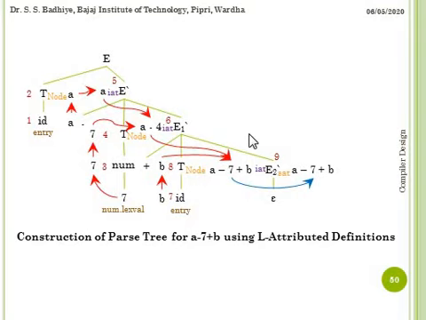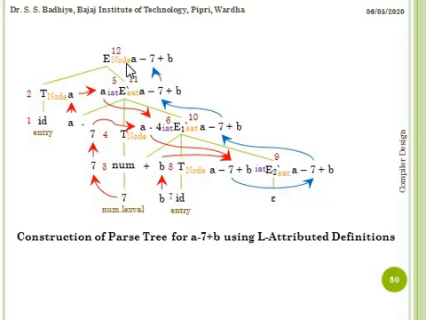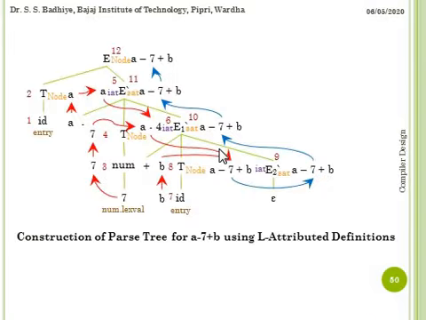Now this value will be carried upward until we get the value for the root node of the complete syntax tree, that is E dot node, right? So in this way, we copy the E2 dash synthesized value into E1 dash synthesized, then similarly we copy the value of E1 dash synthesized to E dash dot synthesized, and finally we get the value of E dot node as a copy of E dash dot synthesized. In this way the parse tree will be created. This is how a syntax tree will be created by using L attributed definitions. Thank you.